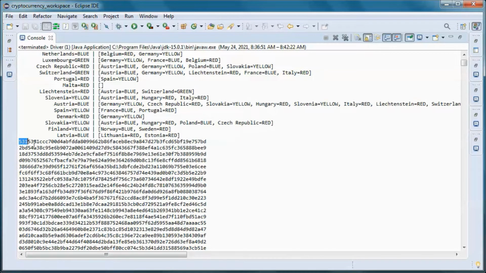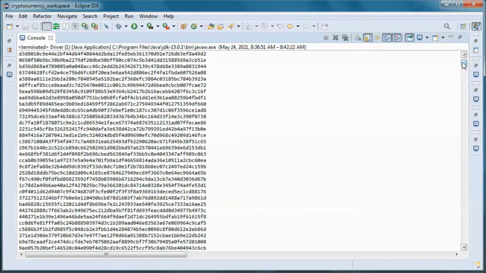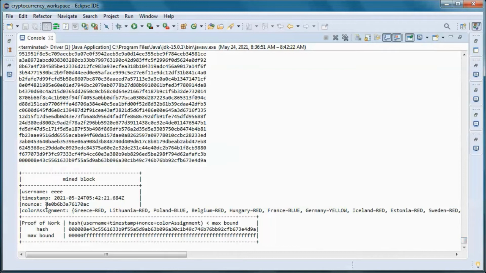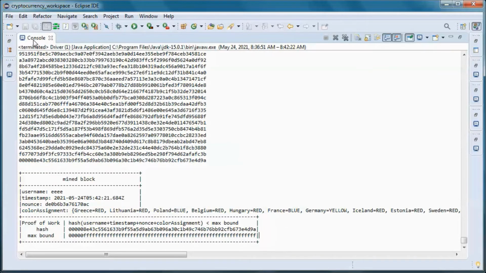And next we move to trying to hash those username plus timestamp plus nonce plus color assignment, and trying to find a hash smaller than the max bound. And this nonce keeps changing, that's why we keep getting different hashes until we reach a satisfactory one, which is smaller than this max bound.